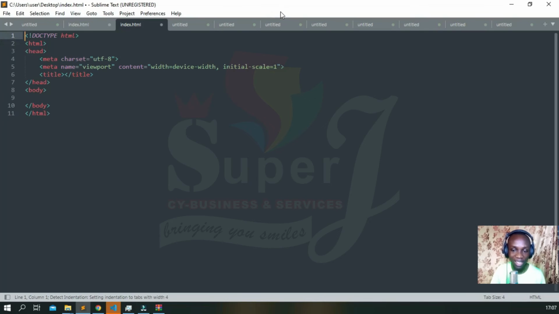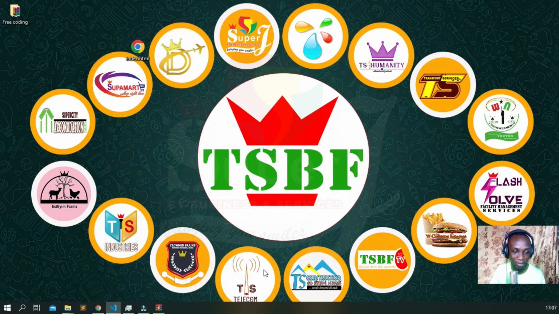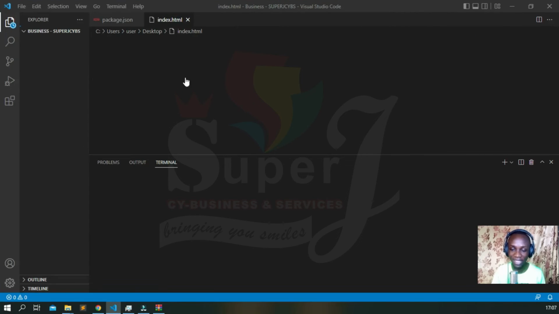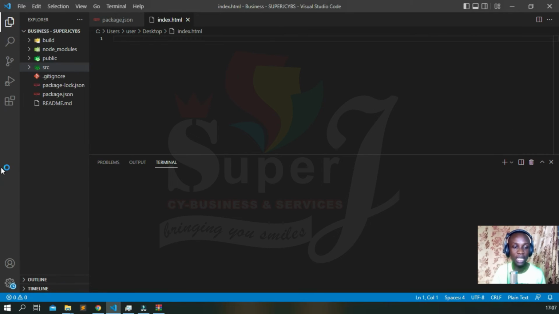So here we are. This one is Sublime Text. That's not what we are looking for. We are looking for VS Code. So here we are. This is the VS Code interface. Let me just turn all of these things out, and then I've opened what we have on the desktop. So when you check here, it gives us the directory for whatever file that we are working on. So over here it shows us that on our desktop there's a file called index.html,